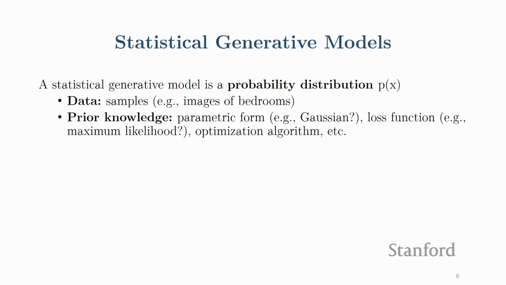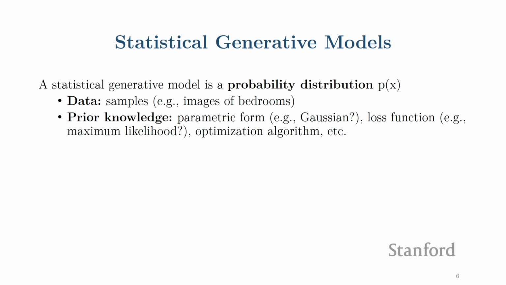And in this case, the prior knowledge is basically going to be a mix of the kind of architectures you're going to be using, the kind of loss functions that you're going to be using for training the models, the kind of optimizer that you're going to be using to try to reduce the loss function as much as possible. And this combination, having access to good data and the right kind of priors, is what enables you to build, hopefully, a good